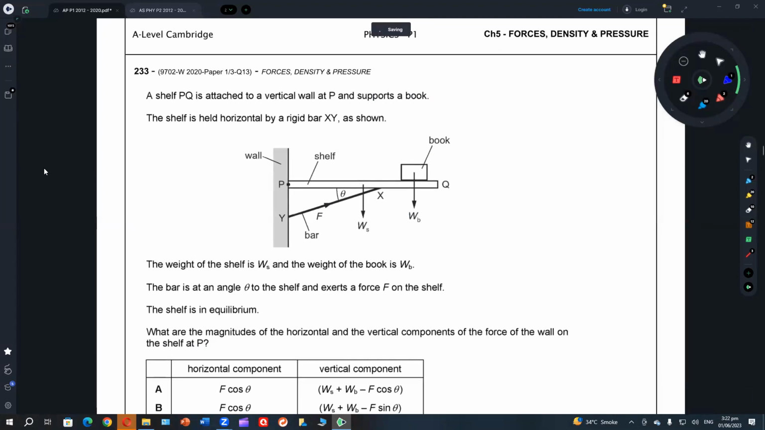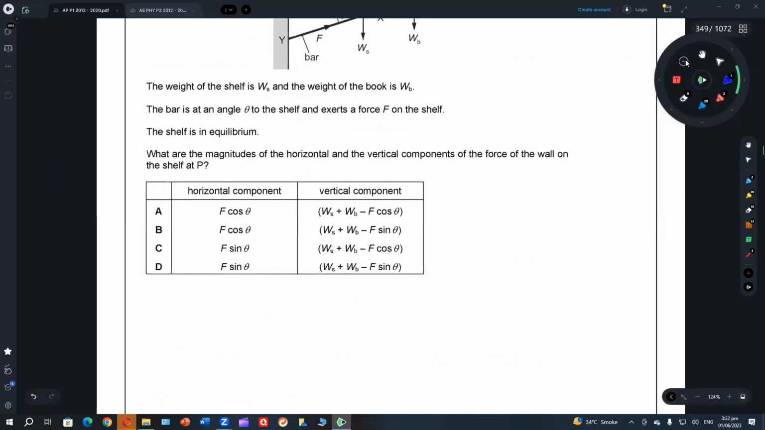A shelf PQ is attached to a vertical wall at P and supports a book. This looks to be a moment question. The shelf is held horizontal by a rigid bar as shown. The weight of the shelf is WS and the weight of the book is WB. The bar is at an angle theta to the shelf and exerts a force on the shelf. The shelf is in equilibrium. So it's a case of equilibrium. Remember again, equilibrium questions can be solved in two possible ways. The one is called